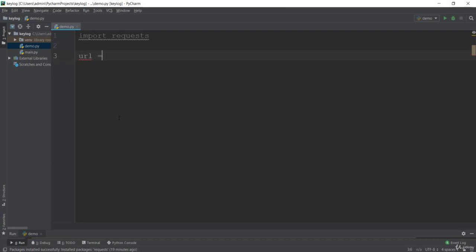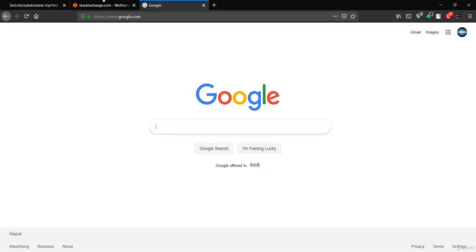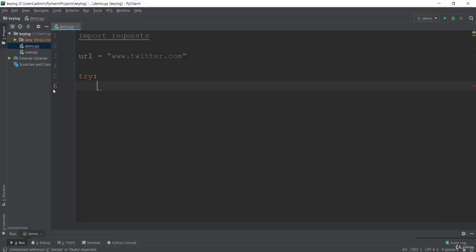So next thing I want to do is a simple URL. Let's test this URL here, which is twitter.com. Now I have to make use of a try catch block. If you wonder why, it's because if you open any website, you are going to get some HTML code, and if you get a 200 status code, that means this is an available page. But if you get any error, that will throw an exception. That means you have to catch that exception before this code fails.